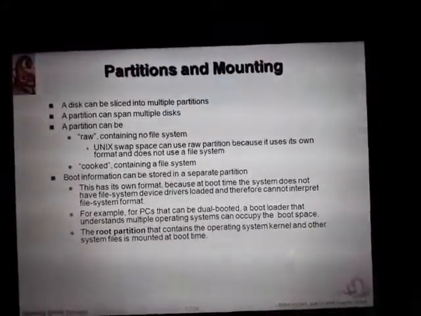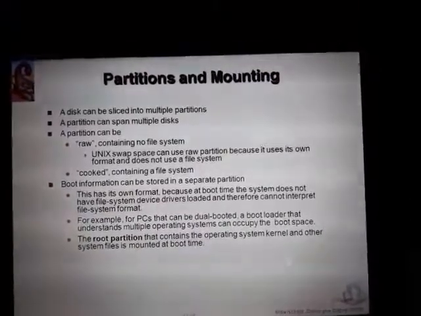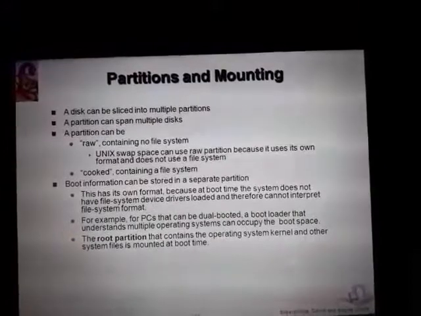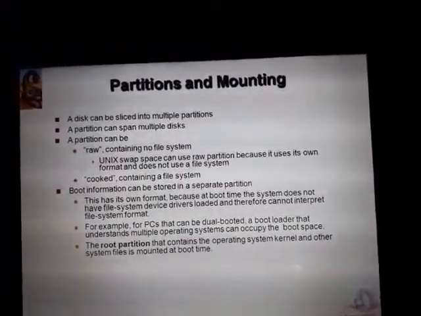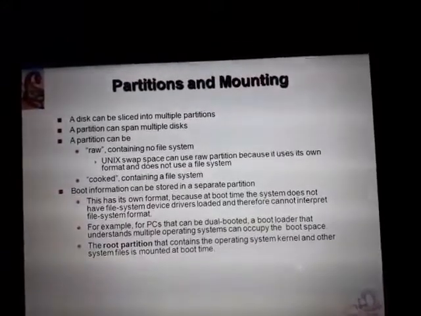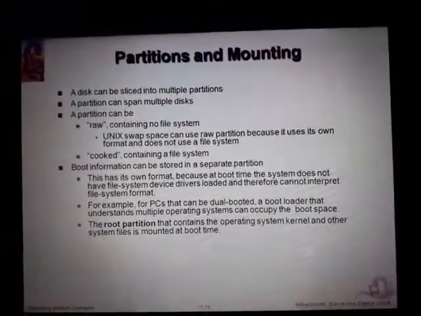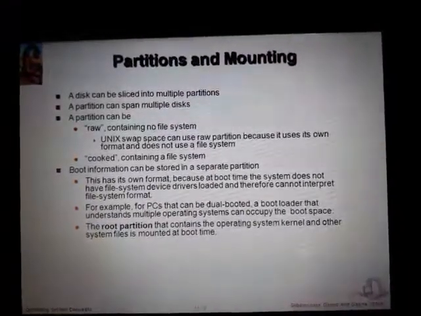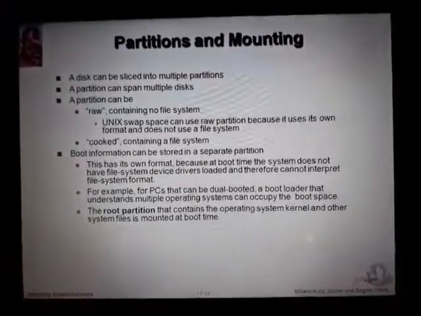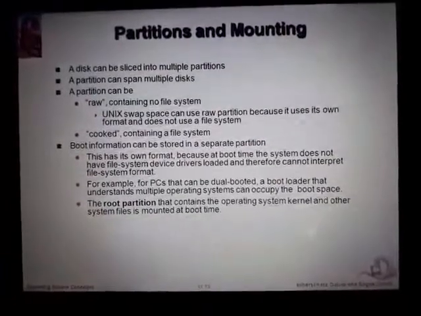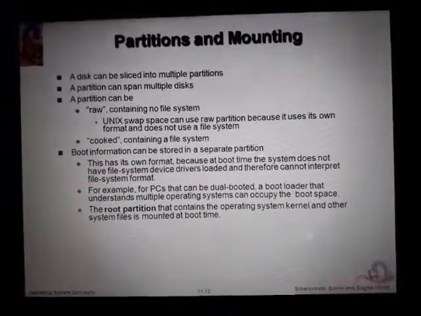So, if you want to store the boot information, it can be stored in a separate partition. Once it is stored in a separate partition, it has its own format because at boot time, the system does not have file system device drivers loaded and therefore cannot interpret the file system format. For example, PCs that can be dual booted, a bootloader that understands multiple operating systems can occupy the boot space. Root partition. Root partition that contains the operating system kernel and other system files is mounted at the boot